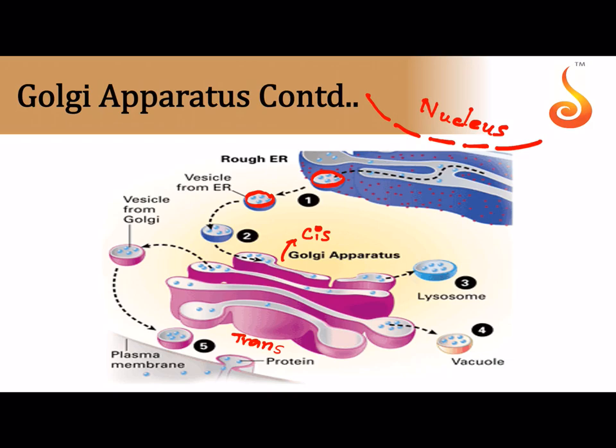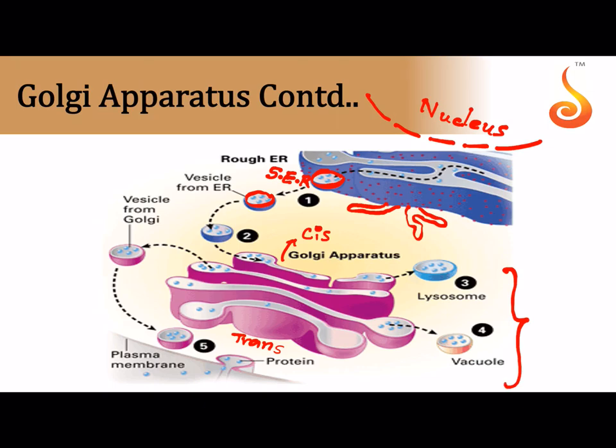So actually what you should remember here is that it is not directly from the rough endoplasmic reticulum. Like I told you, from these the vesicles enter into the smooth endoplasmic reticulum, which are nothing but branched tube-like structures which don't have ribosomes on them, and they are the ones which carry these vesicles into the Golgi apparatus. See, in the Golgi apparatus, whatever proteins were synthesized in the endoplasmic reticulum undergo processing, they undergo packaging, and like I told you, this is the site of glycosylation.